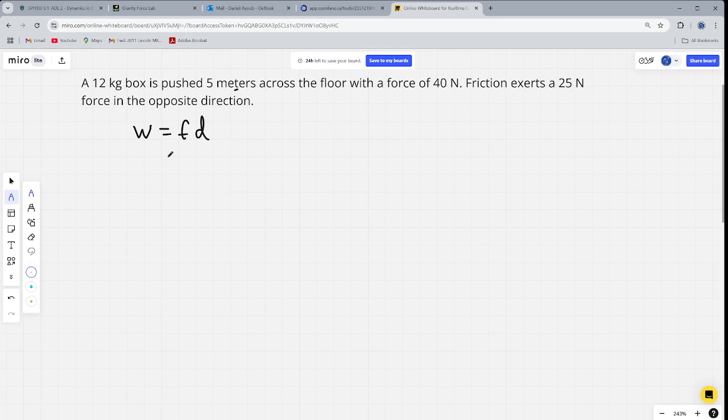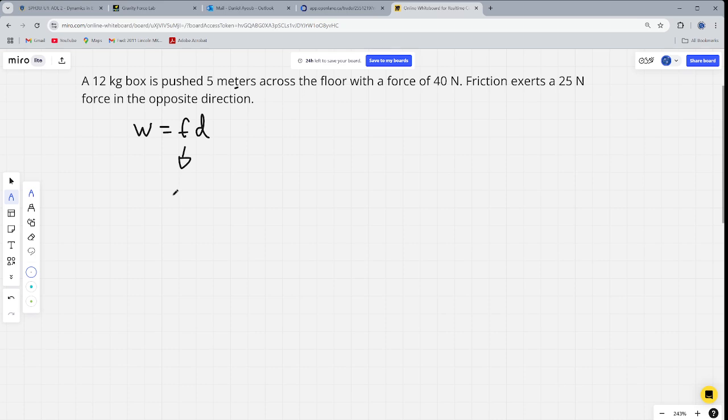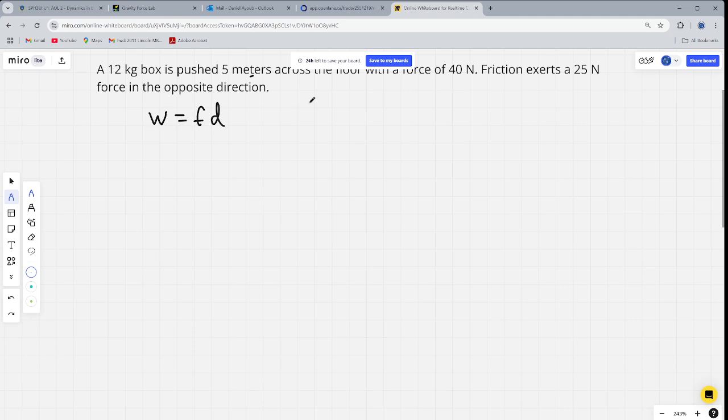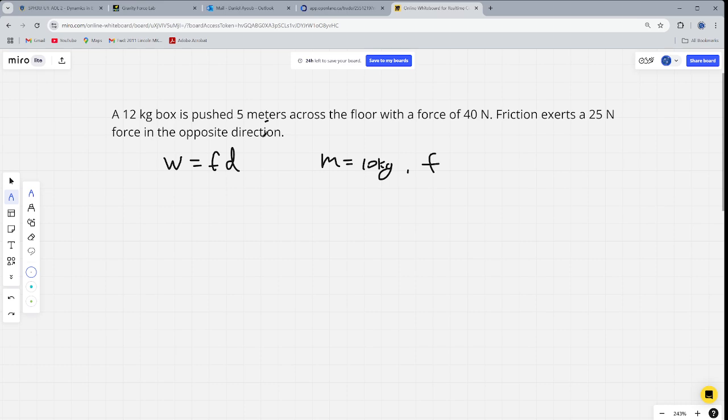The tricky part about these types of questions is you won't always be given force directly. You won't always be given something like force is equal to 20 newtons. You're more often going to just be given the mass and have to calculate force. Okay, and it'll ask you what force is. So before we even get into this question, let's look at something like that, where they tell you the mass